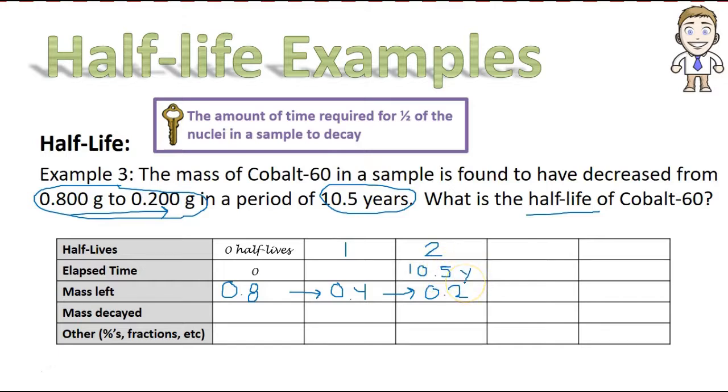The only other thing to think about is, to answer the question, what is the half-life? Remember, half-life is just every one of these jumps. So if 2 half-lives took 10.5 years, just divide that in half to figure out what 1 half-life is. Half of 10.5 should be 5.25 years